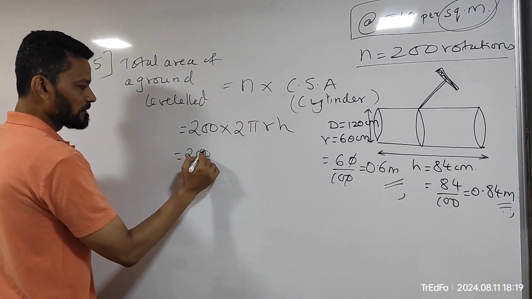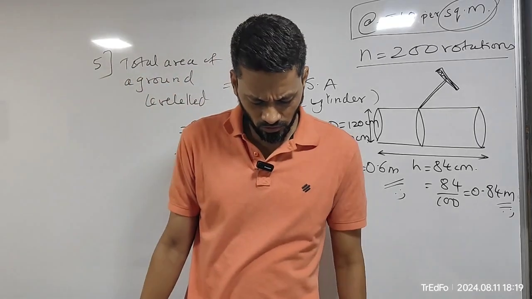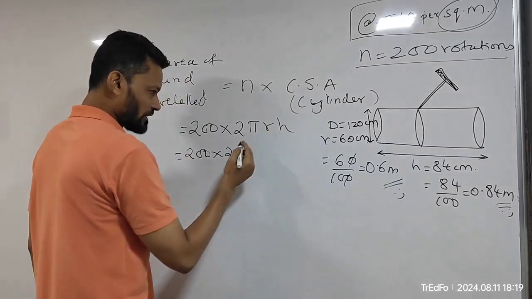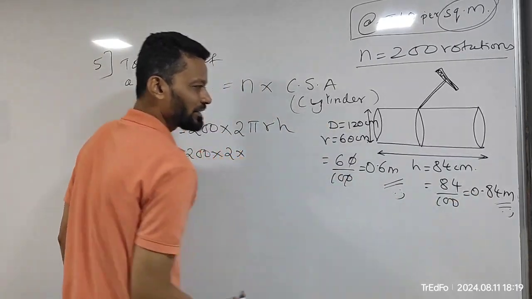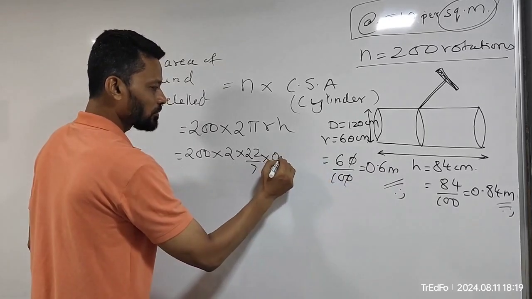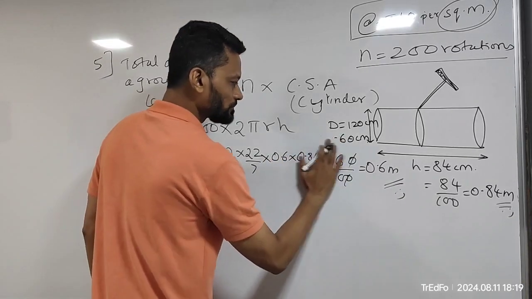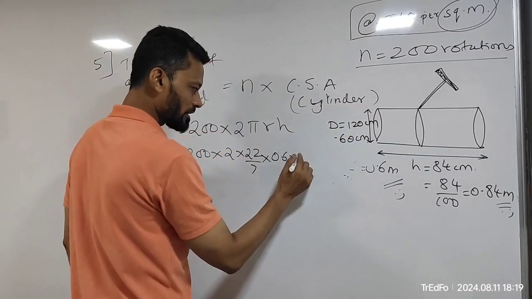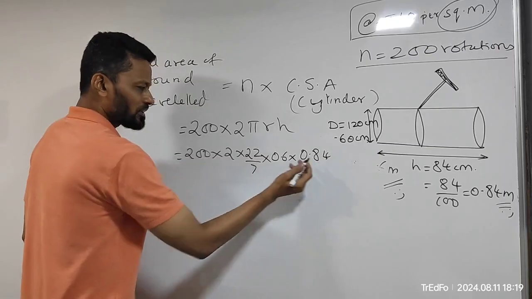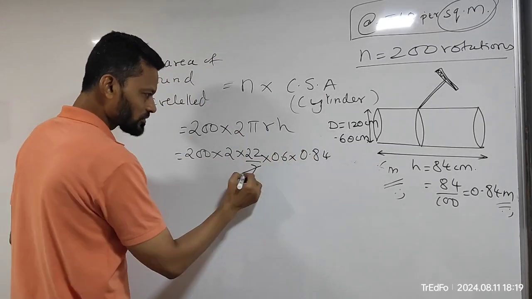So 200 into 2 into pi. Have they given the value of pi in the question? No. Can there be a simple division? Yes, there is a possibility, because of 0.84. So 22 by 7 into radius, which is 0.6, into height, which is 0.84. I'll erase this much to write it a bit bigger. Now 84 is divisible by 7, if I am not mistaken. It's 12, so